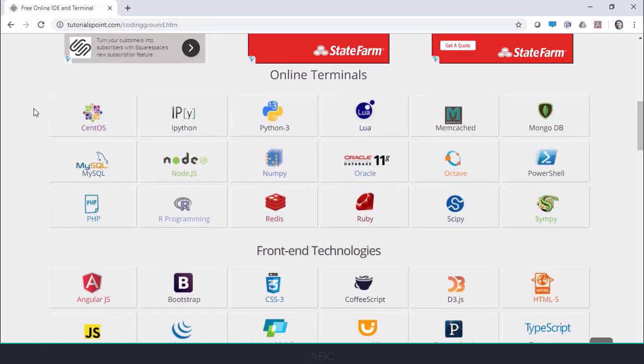writing. Now, basically, we have three different kinds of things that we can do in Coding Ground. We can write scripting language, or we could do some scripting code. And by the way, that icon was Python. Like I said, it was a little bit faded out on my monitor, so I couldn't really identify it. So let's move on. So anyway, your online terminals are your REPLs or your command line scripting languages